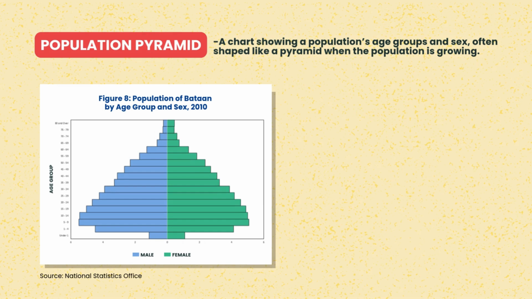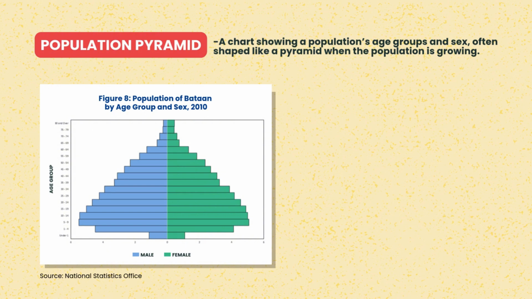Lastly, we have the population pyramid. A population pyramid, sometimes called an age-sex pyramid, is a graphical illustration of the distribution of population by age groups and sex. The reason it is called a pyramid is because it typically takes the shape of a pyramid when